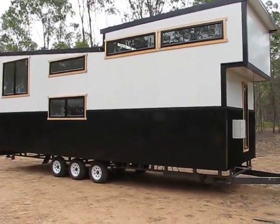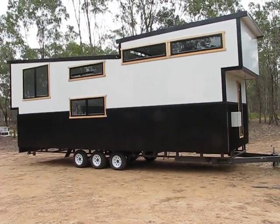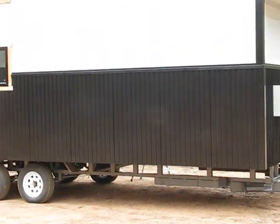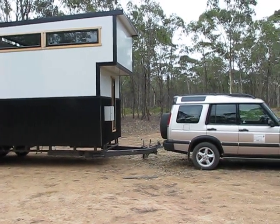How do you like those windows? Hope it's doing her justice. Lovely. A lot of people like the black. Couldn't talk Carly & Shane into going for the new finish that we're using, which is the K panel. This one's Colorbond on the base again, but a lovely looking unit, and look at the size of it